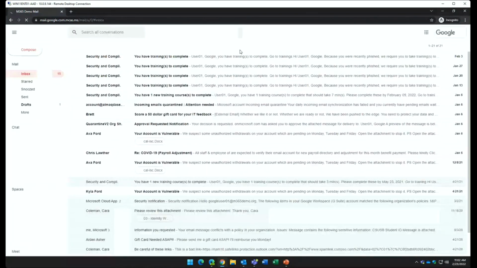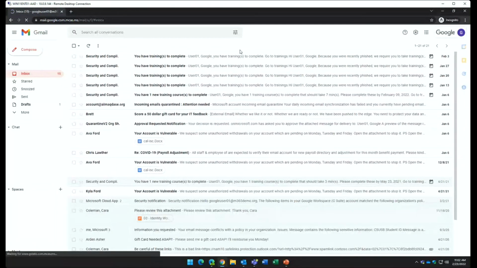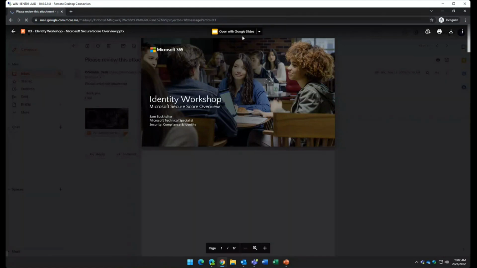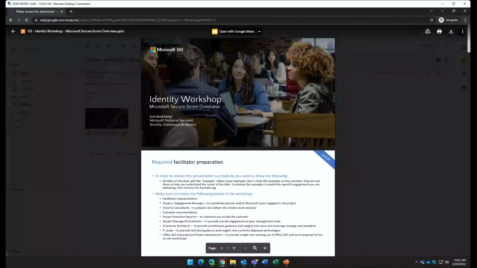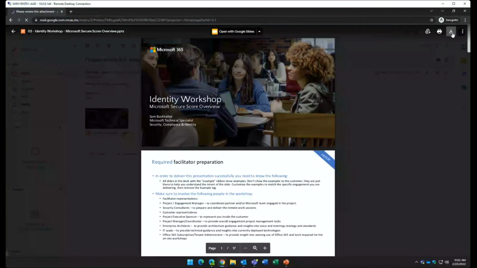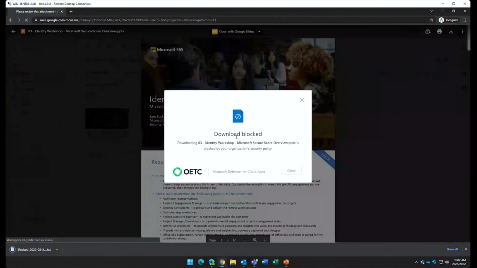So the user can click continue. Everything looks normal. They can get access to their email, their Google Drive, all of their normal experiences. But what we've done is we're now able to monitor what's happening in this session, and we're able to implement different controls. One of those controls is blocking the download of content. So I've chosen to block the ability to download any content from email, but you can still work with it online. So as soon as we go to download that PowerPoint, we're greeted with a little download blocked. It's part of an organizational policy.